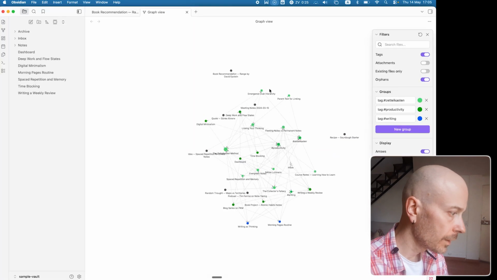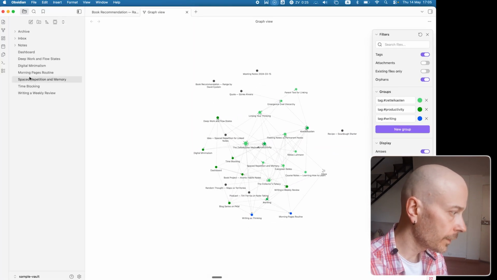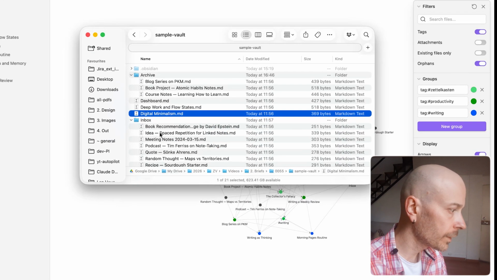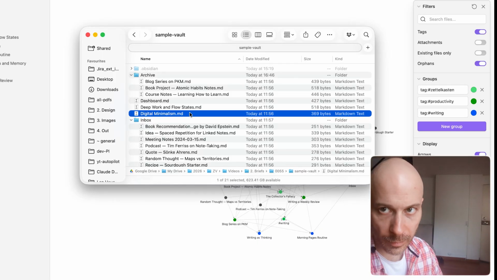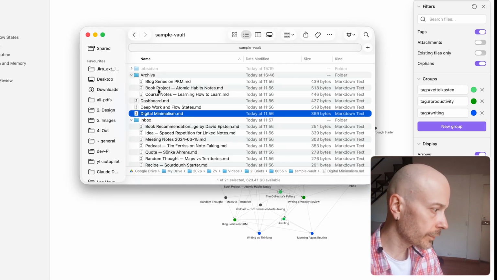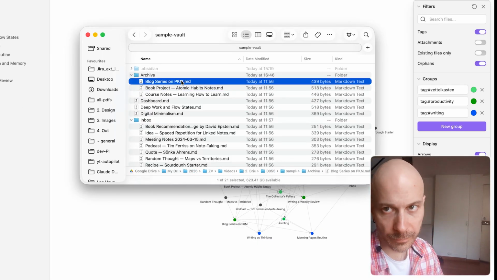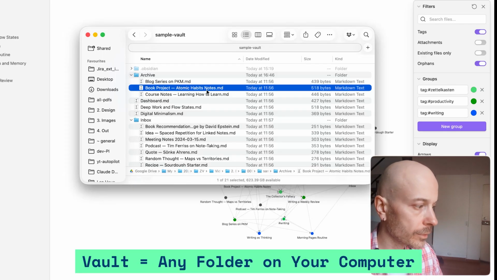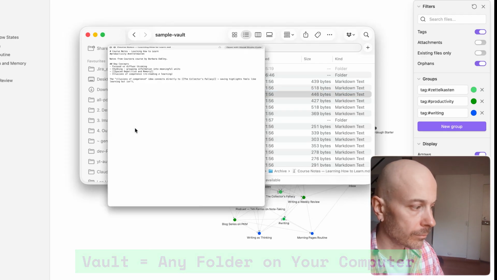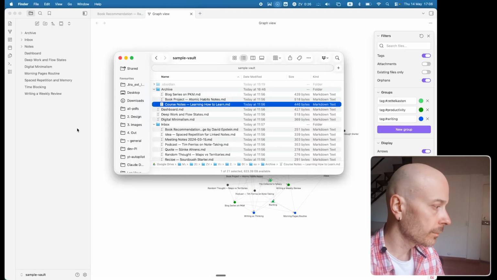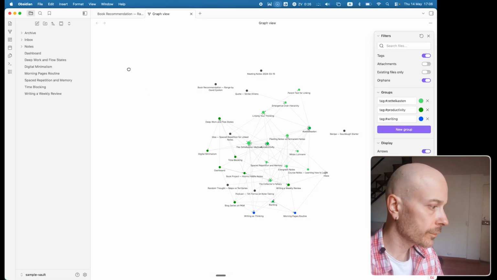You open it, and whatever folder you have on your computer, it basically reads it with all the text files inside it. It's basically just text files. They're called MD because they have some basic formatting, but you can actually see them. You can open them in any text editor. But what Obsidian does is it kind of organizes them.